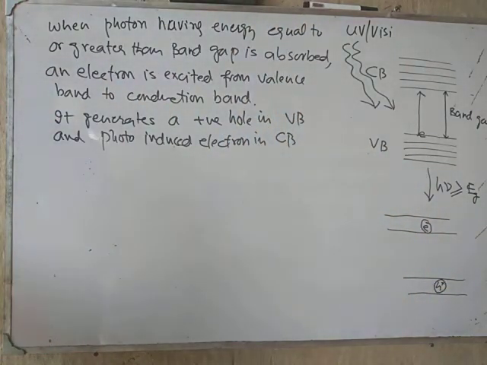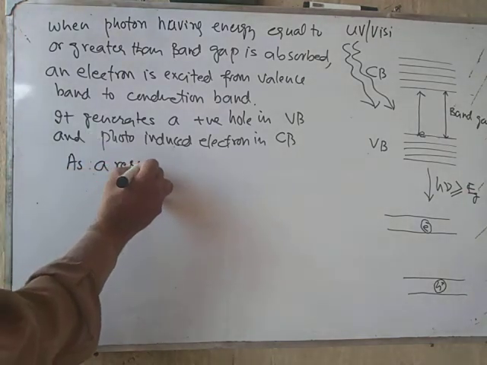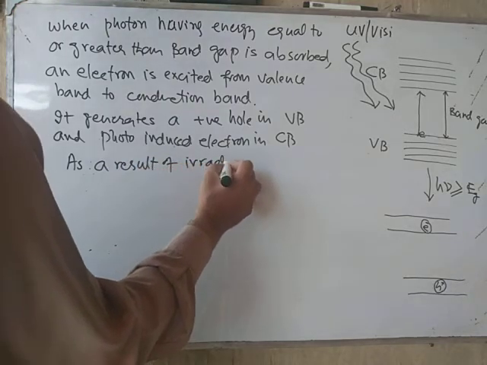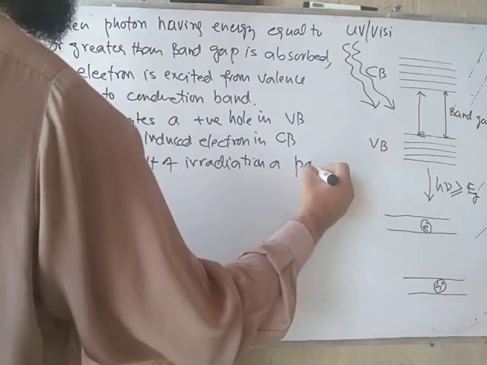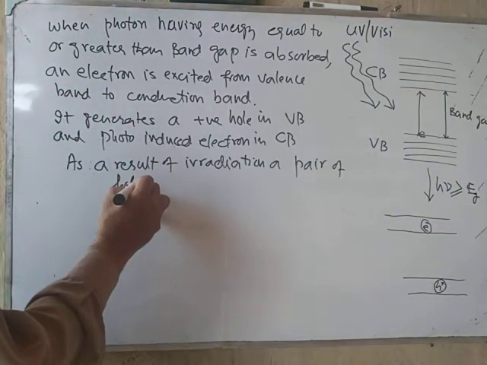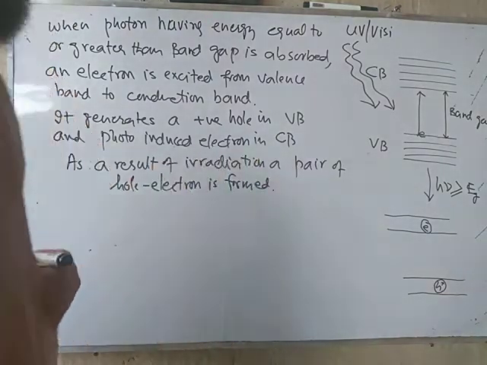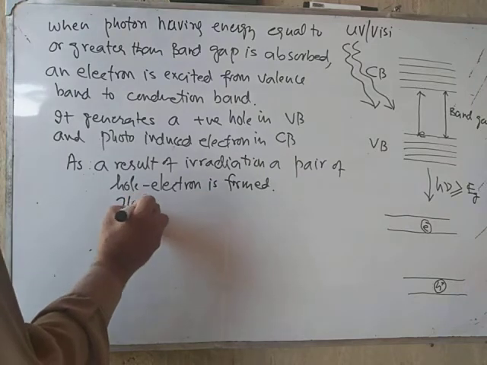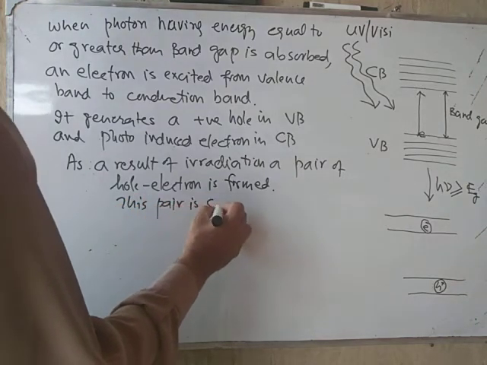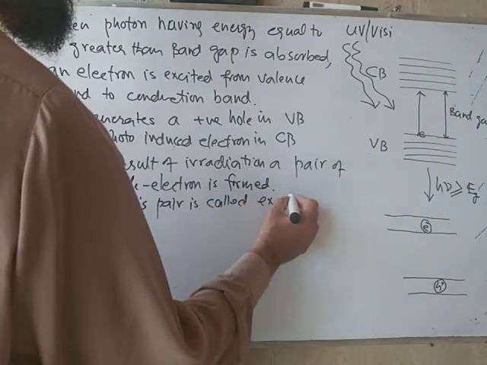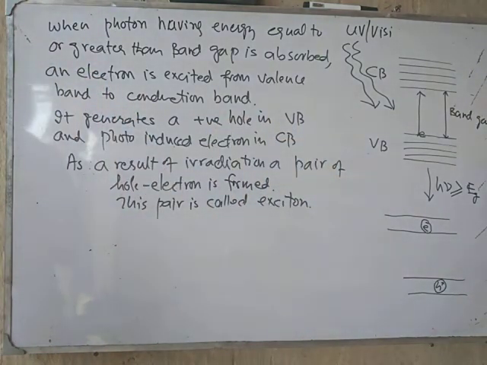So as a result of irradiation, a pair of electron and hole is formed. This pair is called exciton. एक्सीटॉन. तो अब यहाँ पर दो ऑप्शन होंगे, या तो ये एक्सीटॉन रिकम्बाइंड होंगे